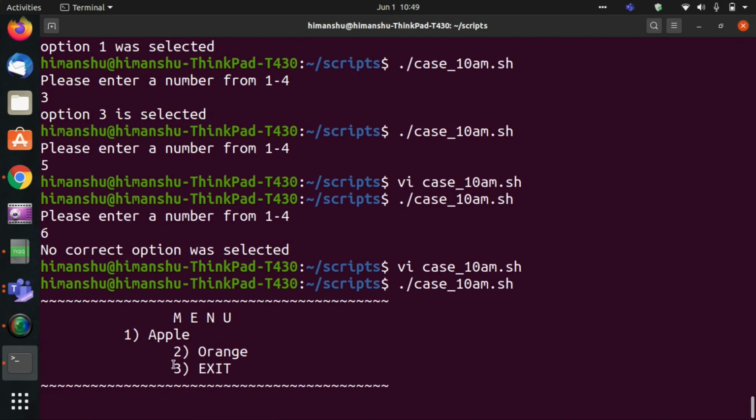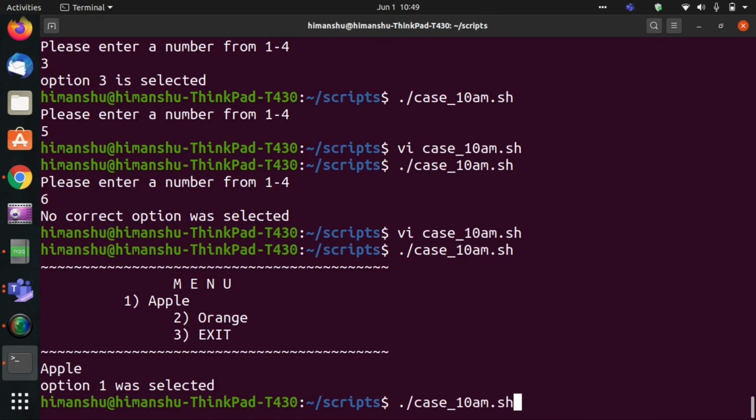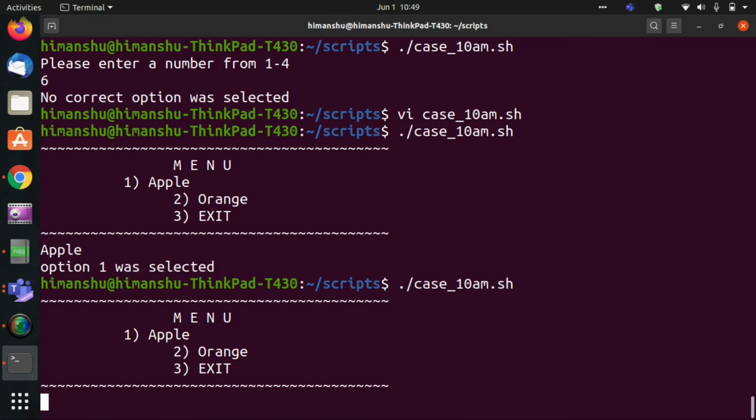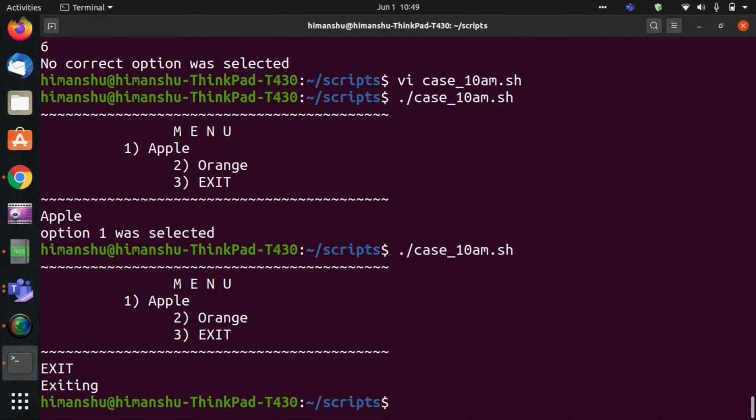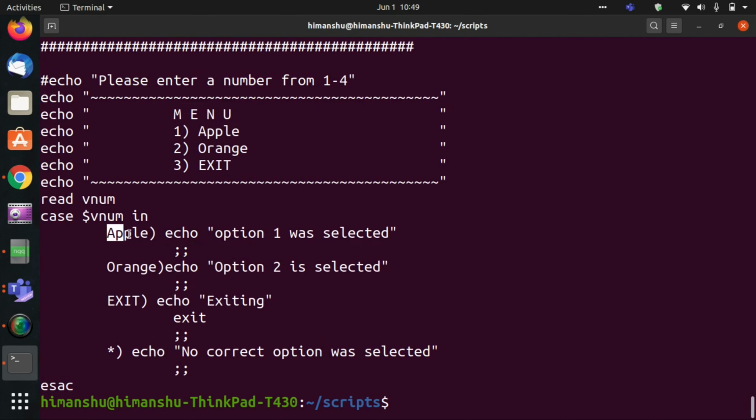If I run this, it will give me a menu right here. So I will say menu option, I want to select Apple. So it will say Apple was selected. If I give exit here, it will exit from the menu. So whatever the case, it is not that I have to give only a number. Whatever you define here is important. What option you want to take from the user, whether the user wants to give 1 2 3 4 as an option, or he or she wants to write the whole thing, the same will work for that specific user.